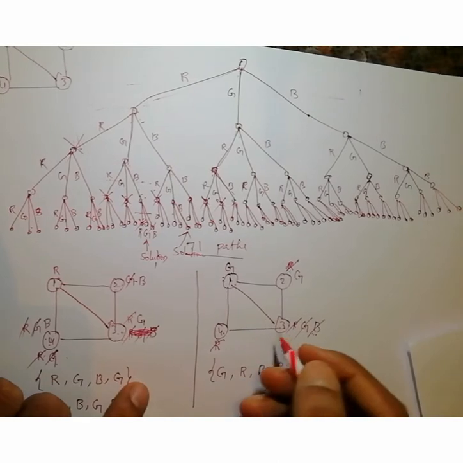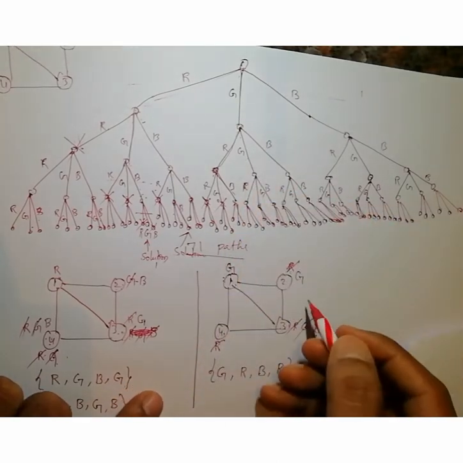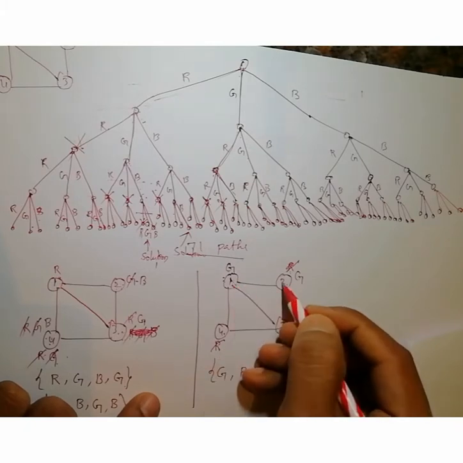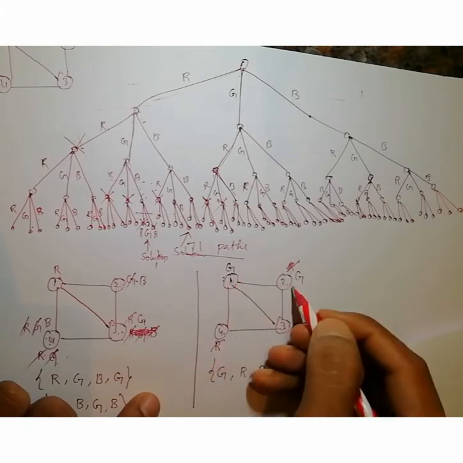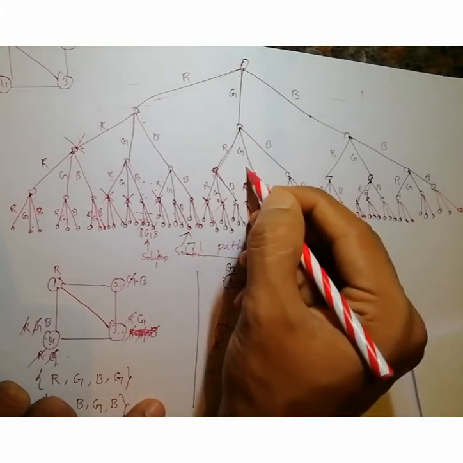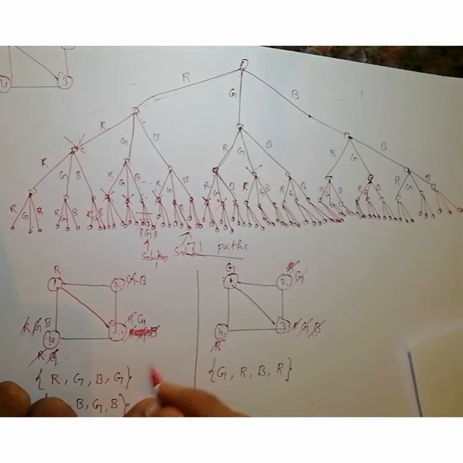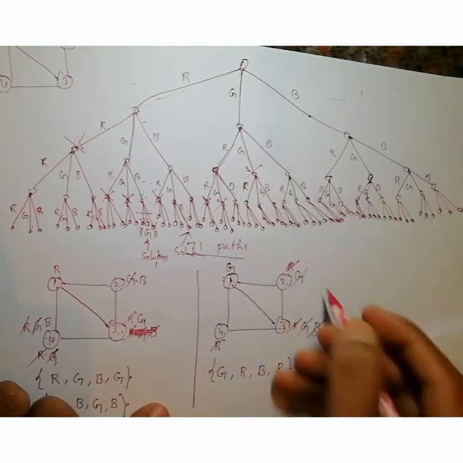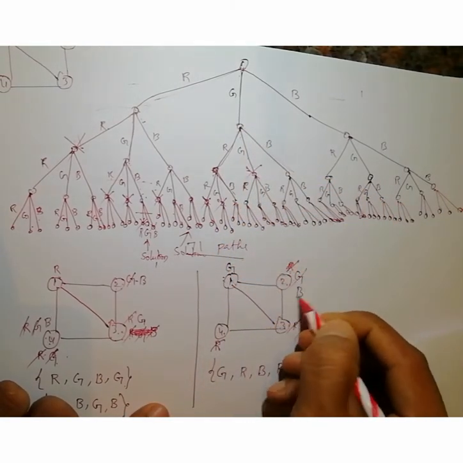Same way we are checking for all combinations. So for green, can I give green color for vertex 2 now? No, because vertex 1 is already green, so I can't give green color. So I can eliminate this, I can kill that node directly without checking next levels. So again backtrack. Again, can I give blue color for vertex 2? Yes, I can give blue color.